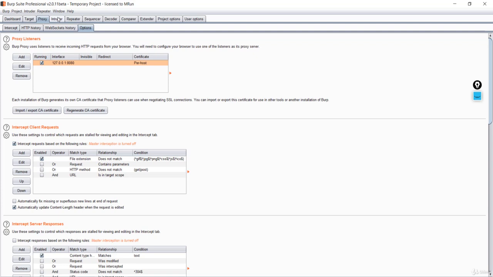So you can see Burp has most of the tools over here, which is the Proxy, the Scanner, the Intruder, Repeater, and also the Sequencer, Decoder, and Comparer. These are the primary ones.